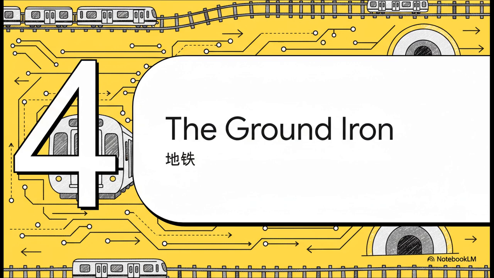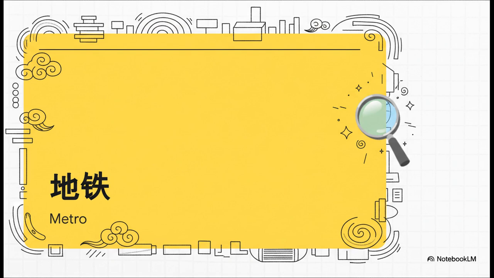And finally, for our last one today, let's head underground to what is, let's be honest, often the most efficient way to travel in a huge Chinese city, the metro, or the subway. I have to admit, this next one might be my favorite. It's only two characters, but it paints such a clear and powerful picture of what a subway actually is. It is a fantastic example of just how logical and, well, beautiful Mandarin can be.